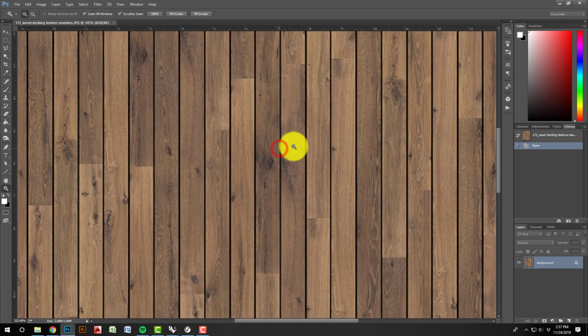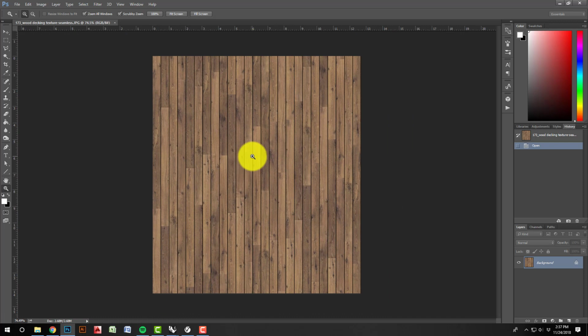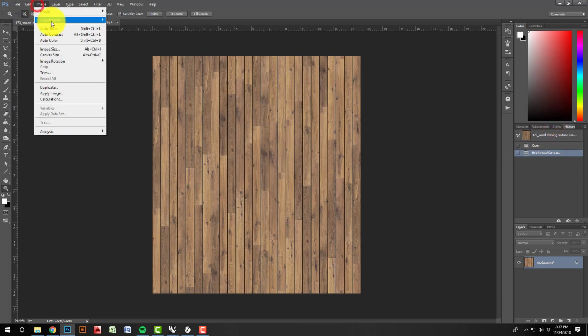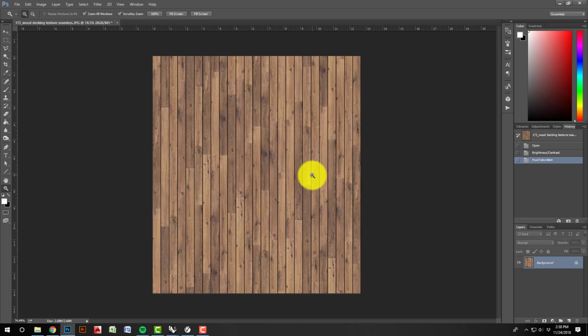It's also a fairly high res file. These are the kind of files that are going to make your model sing if you can track them down. But again, when I found this, it wasn't perfect. It wasn't quite the correct wood tone. So I come in here and play with it, maybe a little bit wider, and try to play with that contrast. I'll come in here and make sure I get the hue of the wood just right. Maybe it's just a little bit more cherry or something like that, a little bit more desaturated, washed out. You can come in here and make sure you get exactly what you want